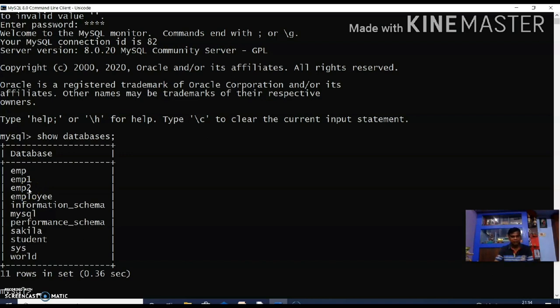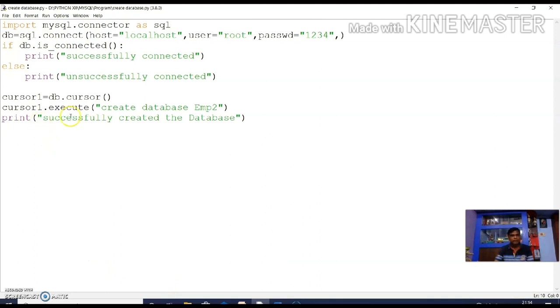Clear? So you executed the query in Python to create the database emp2, and that database is created in MySQL. So you see how the Python command is connected to MySQL. Now you have seen how to create the database.